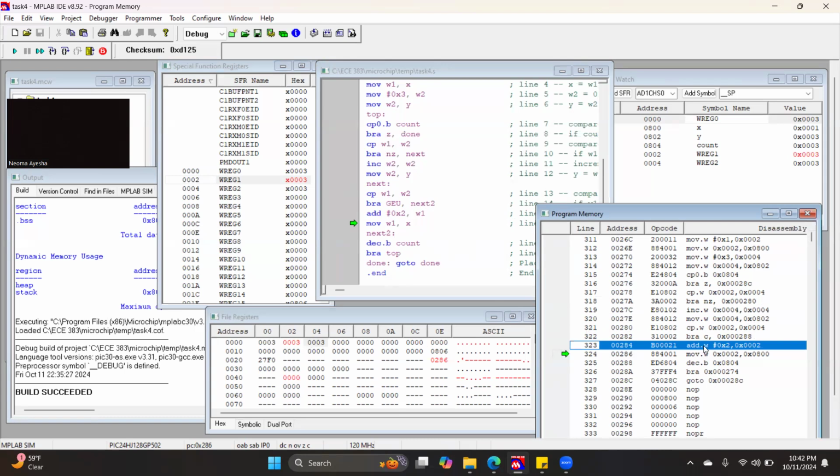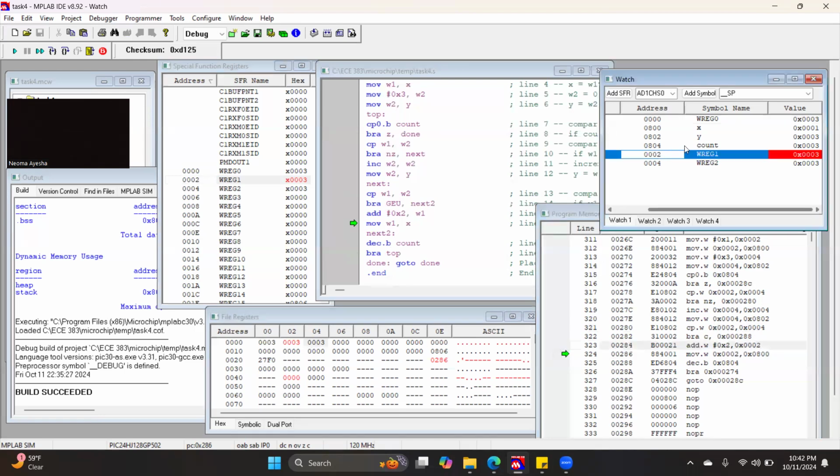So add word. Again, we're using the W, not the B. We're using the W because it doesn't say add.b. It's just saying add, which is the word, with #0x2 inside of this address. So 0x0002. Again, we add this thing inside of this address. We can go to watch. So in watch, address 0002, working register 1, becomes